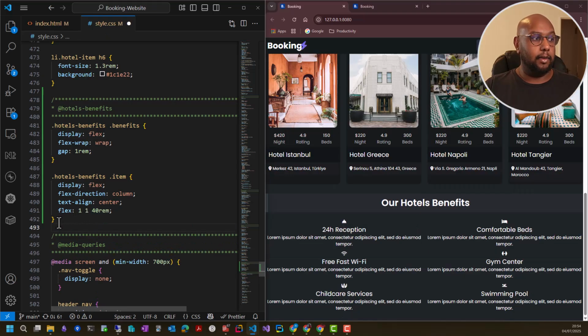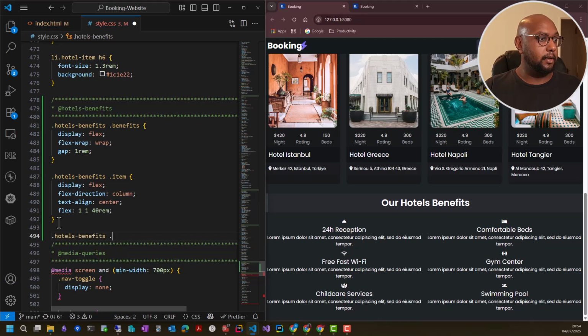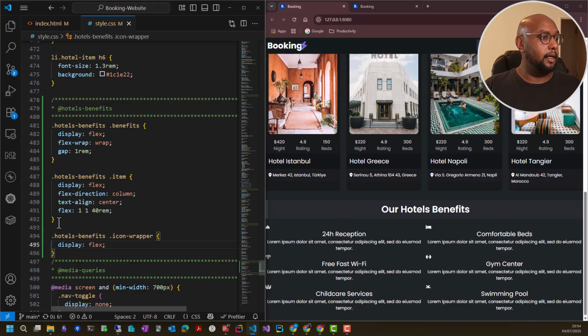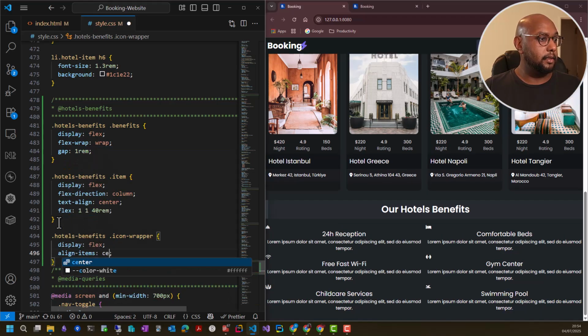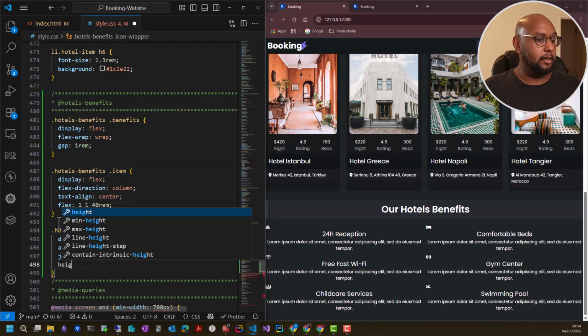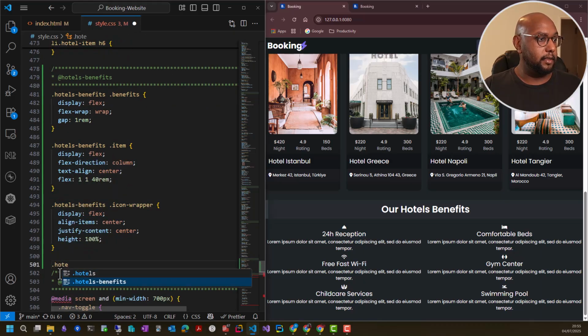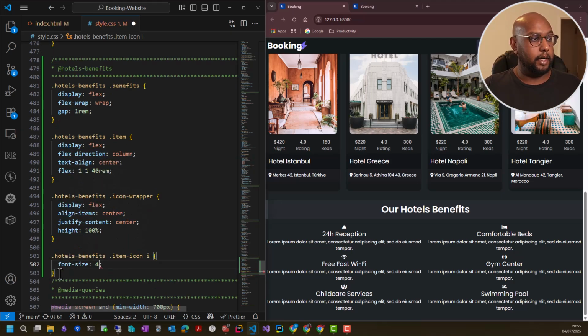So let's style the icon wrapper. So .hotels-benefits .icon-wrapper, give it a display flex, align-items center, and justify-content also center, and height of 100%. So let's style the I element itself. .hotels-benefits .icon .item-icon i, font size 4 rem, color